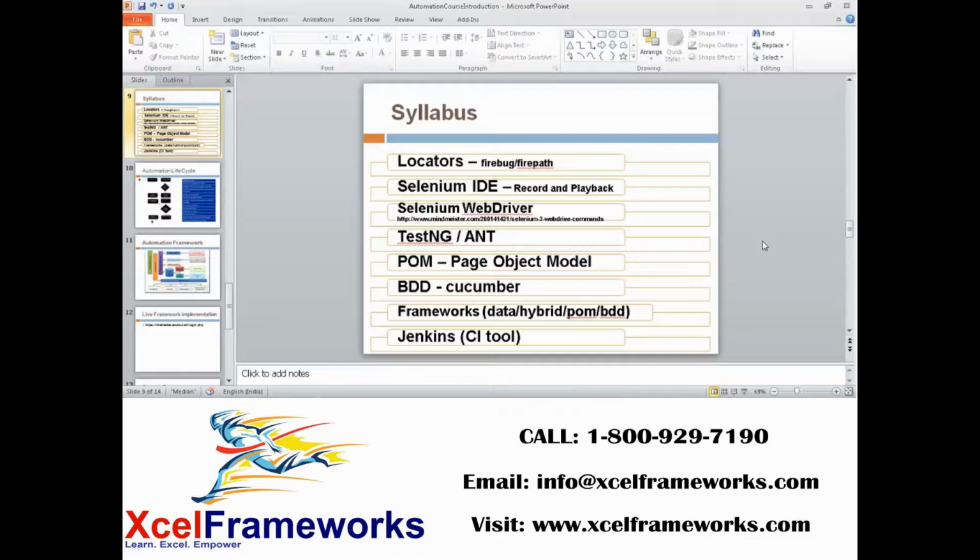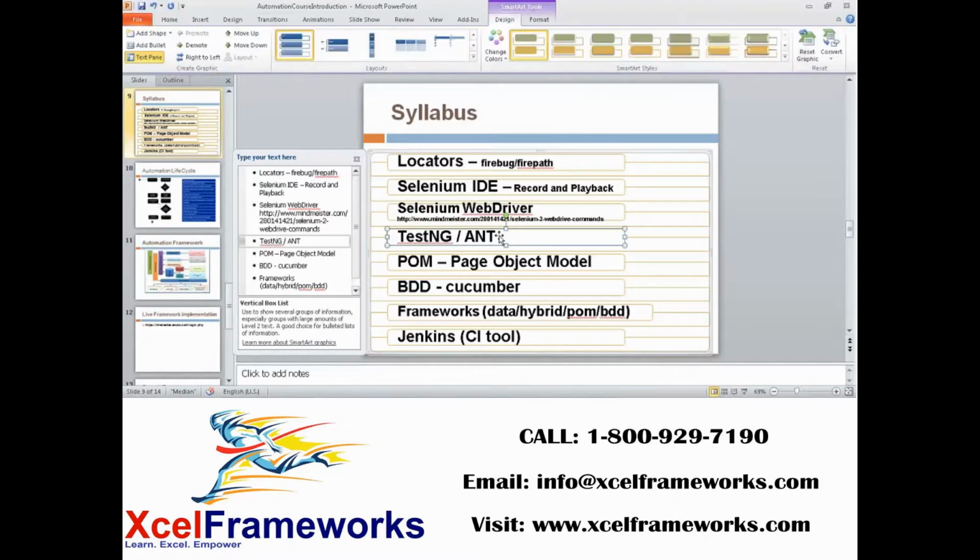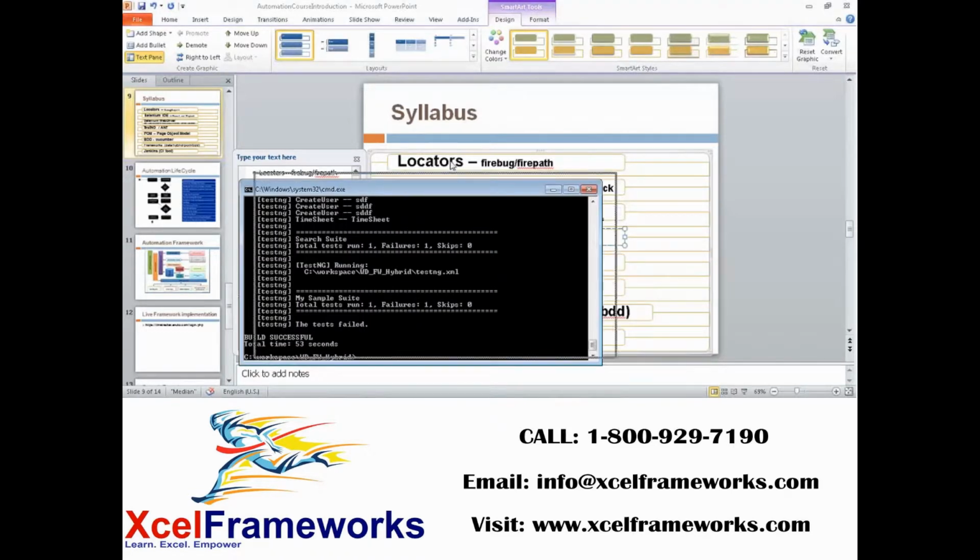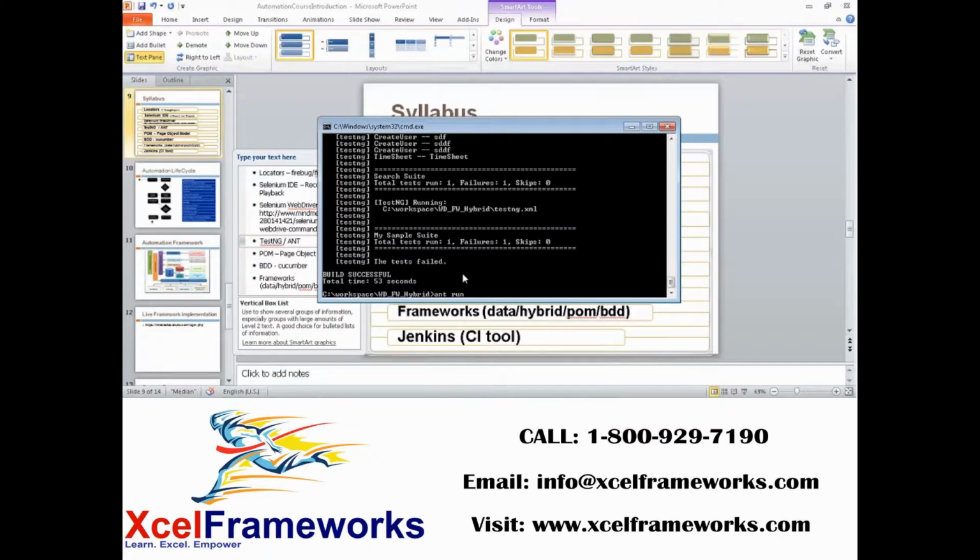From there, on top of it, we can develop any kind of framework that is very popular in the market. And also Ant is a kind of build tool, but Ant is very important because we go to the command prompt, and you can see the command prompt here. If I say ant run, automatically it should run my whole scripts. It's kind of an exe for me. I'm going to convert my whole framework into a kind of exe, and when I say ant run, it should run all my automation suite.